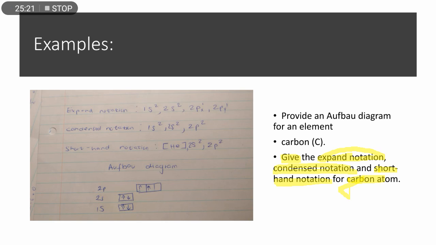And here, just like that, they say provide, which is the keyword, provide an Aufbau diagram. And you would be like, oh, what is an Aufbau diagram? Oh, an Aufbau diagram is a structure that shows the different energy levels with orbitals and how electrons are occupied within those orbitals. So I guess I'm done with my work here,